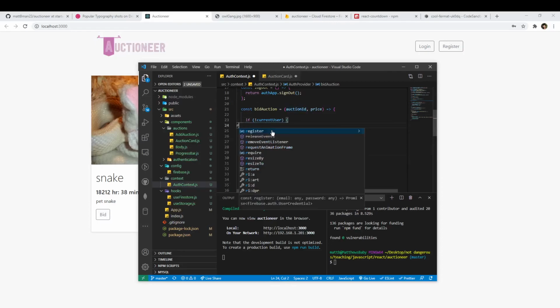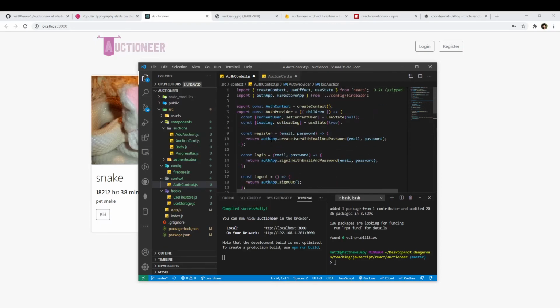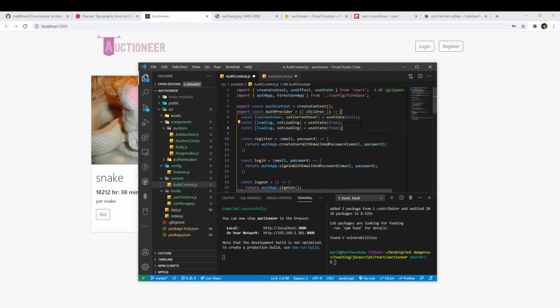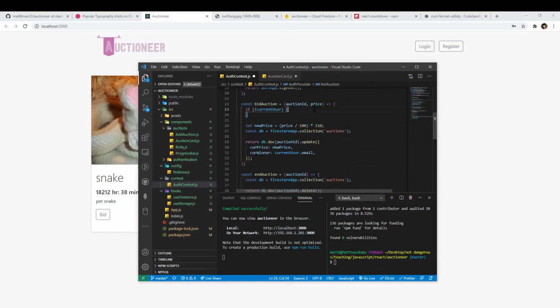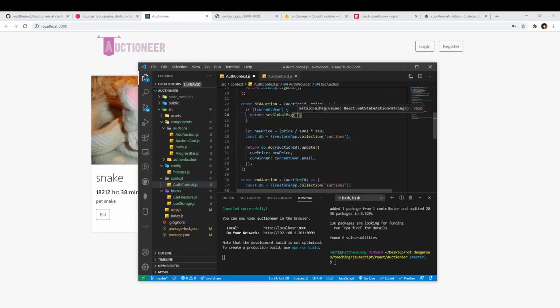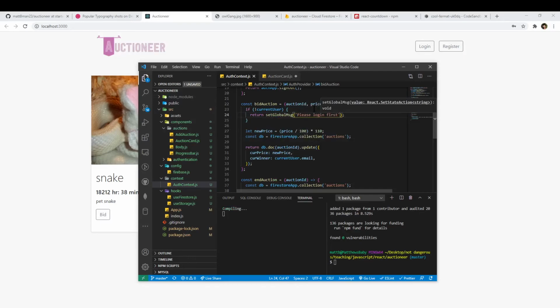We just want to return, well, actually we want to have a global message too, so we can say here global msg, set global msg, use state will be empty, and we just want to return set global message, please log in first. Save this,